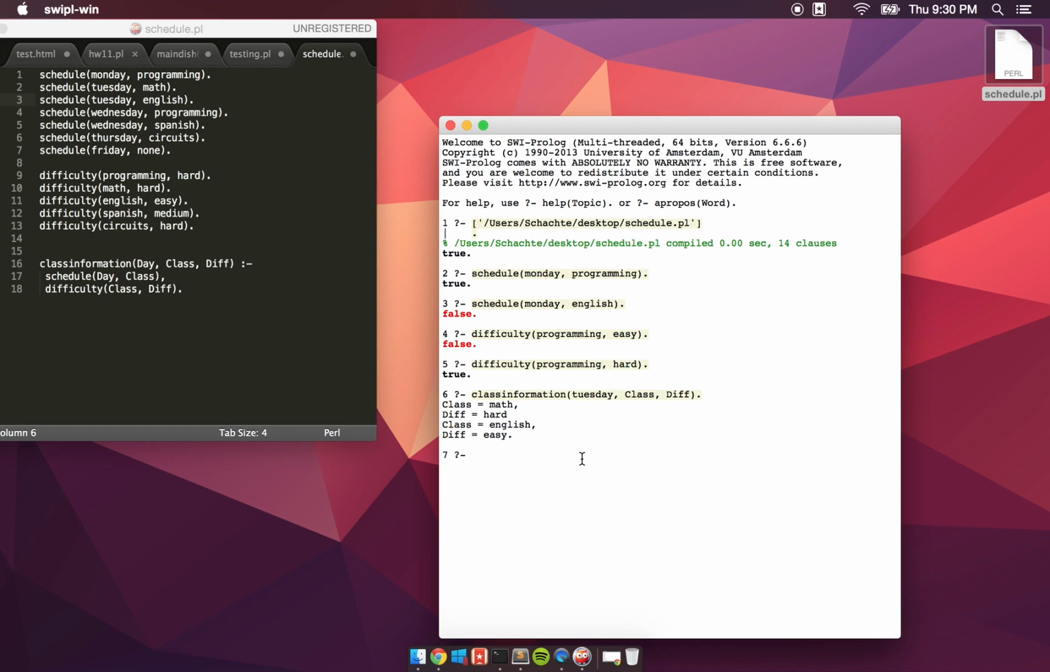Now say I want to print out all the classes in this entire file that are hard, which would be programming, math, and circuits. Then I would go class information, and then I would leave day as the default variable. I would say class is default, but then the difficulty would fall under the defined parameter of hard, and then I would hit enter. So on Monday I have programming, and programming is hard, so then I'm going to continue